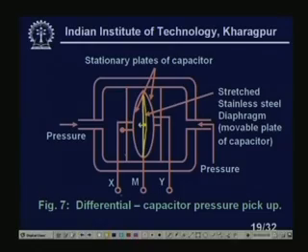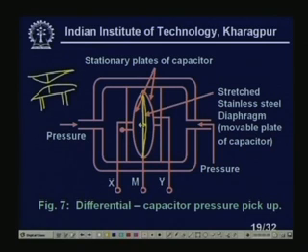Why is this important? You see, we have a pipe here and this orifice; we will discuss the orifice later on. We have a tapping here and a tapping here, right. The liquid is flowing like this. So, there is a high pressure port and this is the low pressure port. If this high pressure port is connected here and this low pressure port is connected here, then what will happen? This diaphragm will be bent like this. And then what will happen if it bends like this? Since I told you this inner side is coated with metal, and this is a section of a sphere, what will happen?